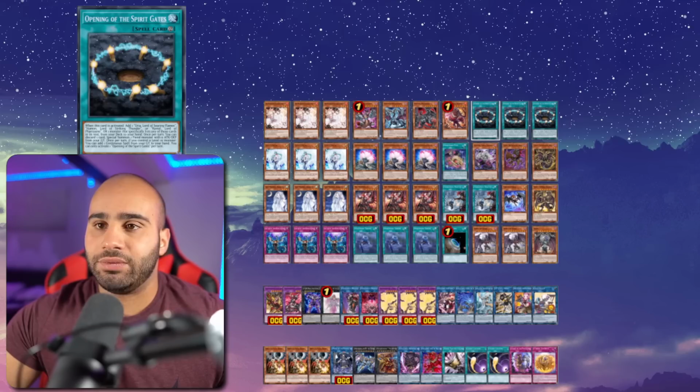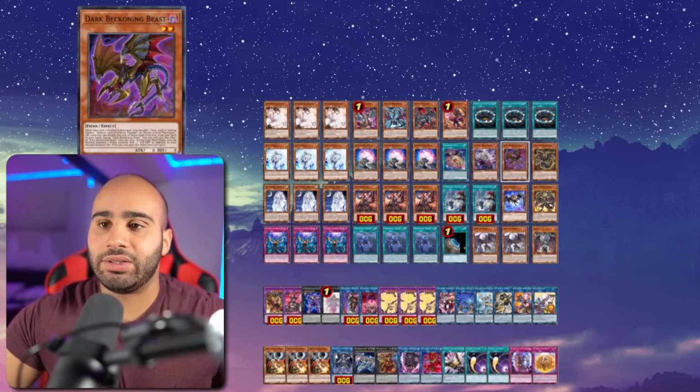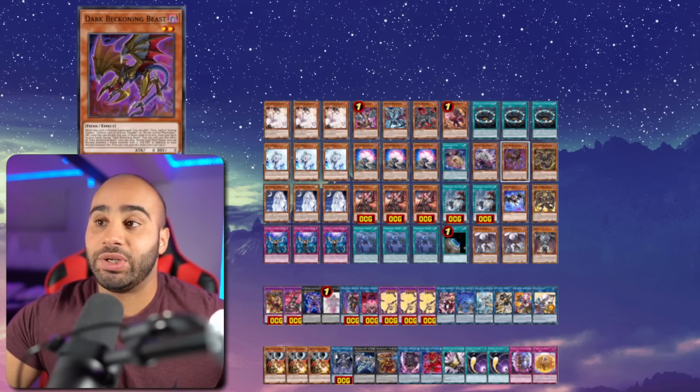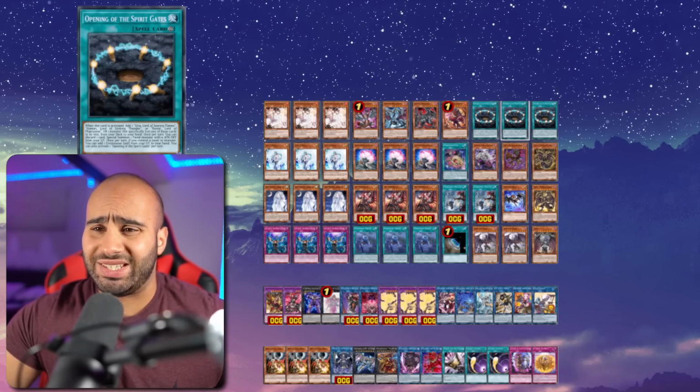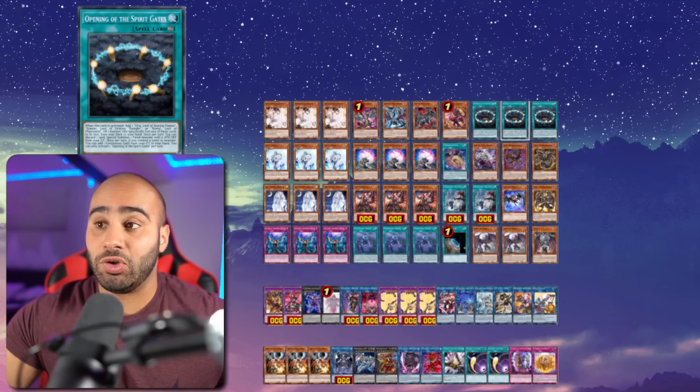And then 3 Opening of the Spirit Gates. This is not a 1-card combo, but it's one of the best extenders in this deck. That is a card that you search off of Dark Beckoning Beast. But if you had the choice between Dark Beckoning Beast and Opening of the Spirit Gates, I want to say more often than not, you want to draw Opening, because this doesn't take up your normal summon, whereas this one